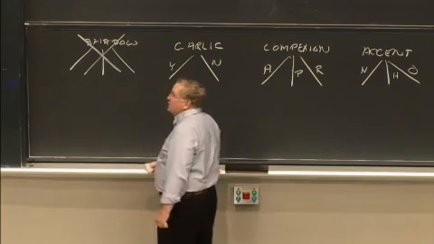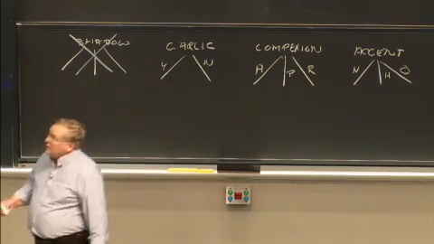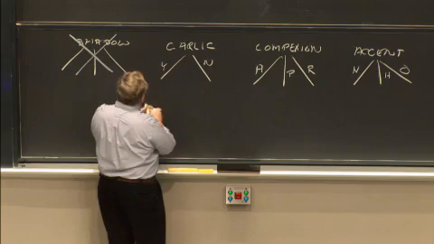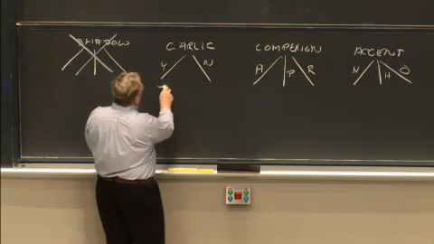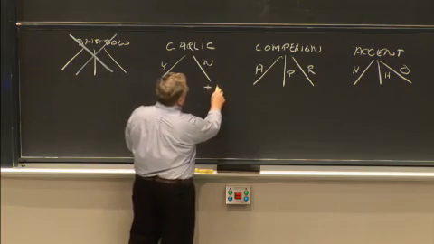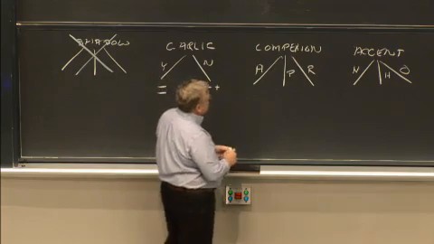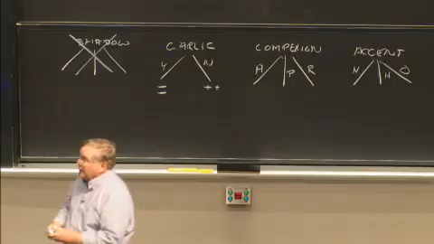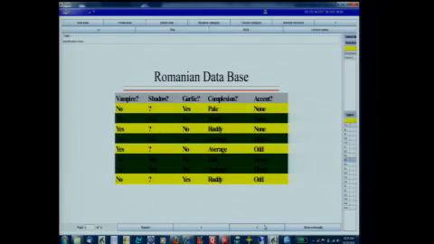So the garlic test, well, let's see, garlic. 2 yeses, 2 nos. The yeses produce nos, and the nos produce yeses. So if the person does eat garlic, they're okay. And if they don't eat garlic, bad news, they're vampires. Well, that looks like a pretty good test, but just for the sake of working it all out, let's try the others. Complexion.